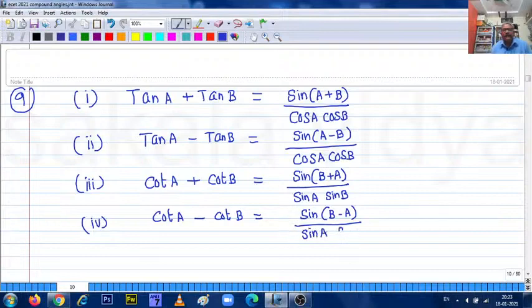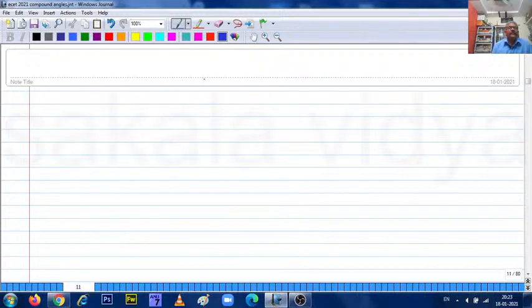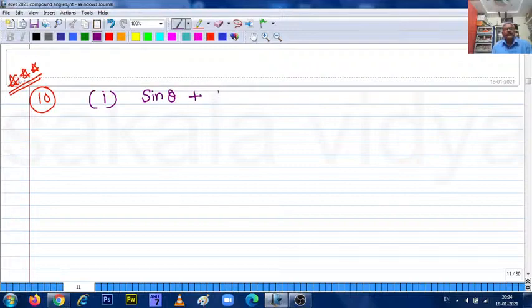Sin A sin B. And one more, the 10th one. This 10th one is very important. Most of the problems will be solved based on this 10th concept. So, the 10th concept, please note it down. The first one is this very important shortcut: sin theta plus sine of 120 degrees plus theta